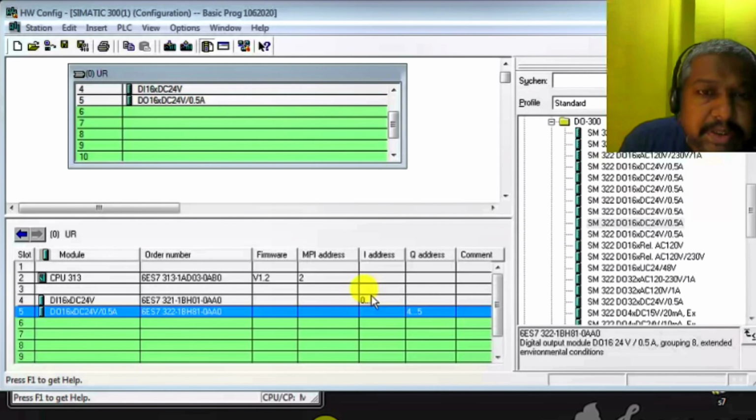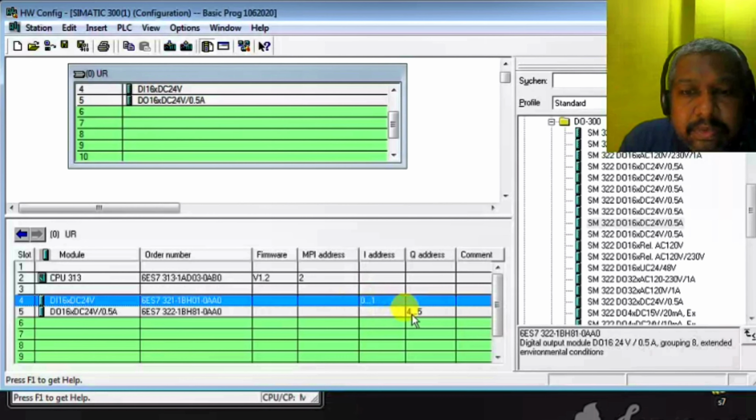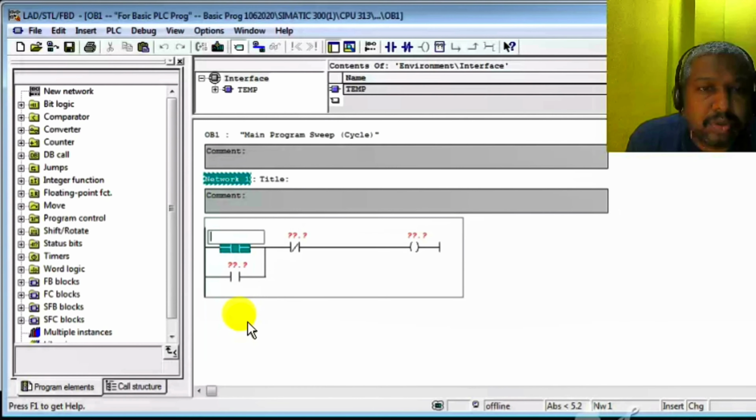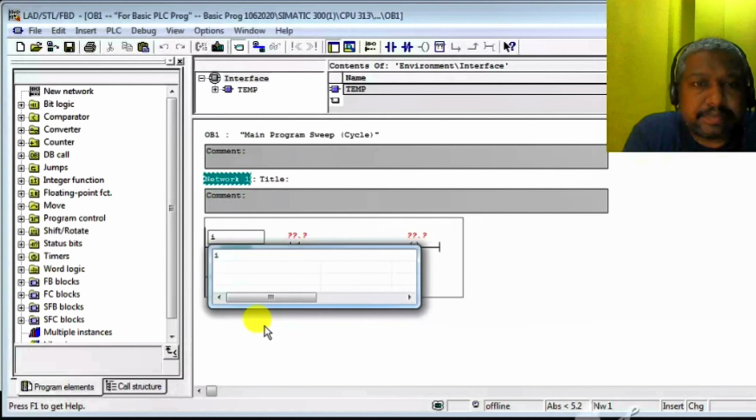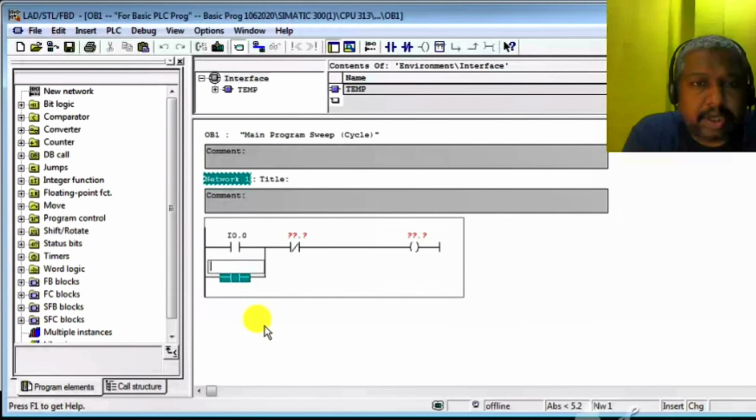These addresses or bits are used for addressing the question marks on the NO and NC contacts. Like that, select the question mark, go to I 0.0, okay, enter.